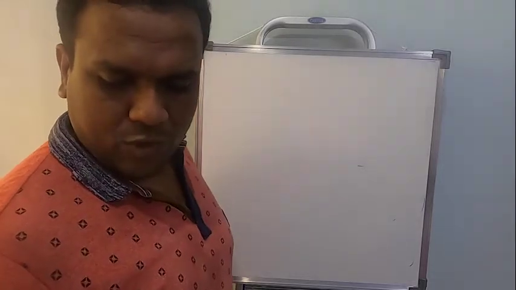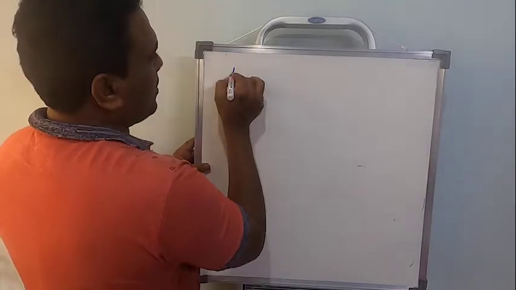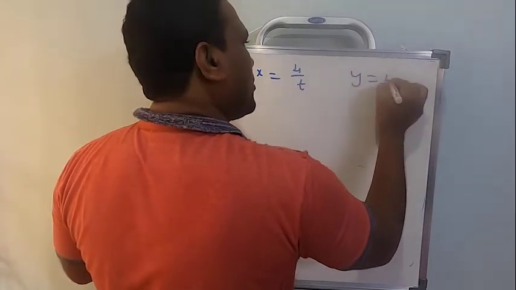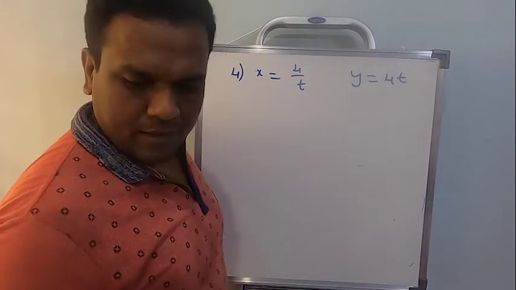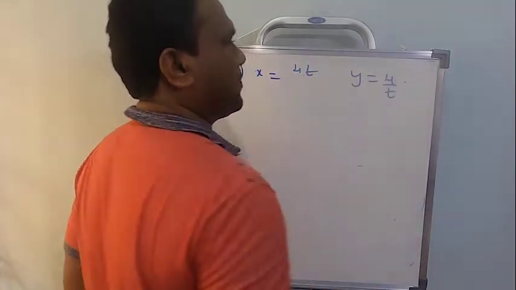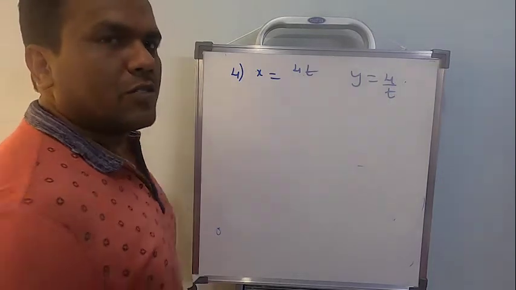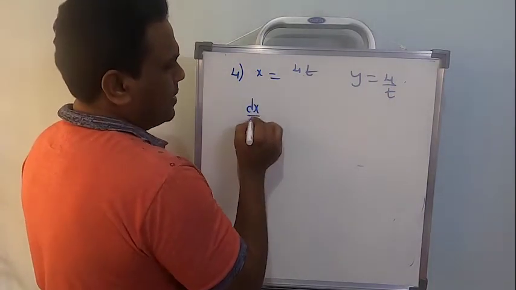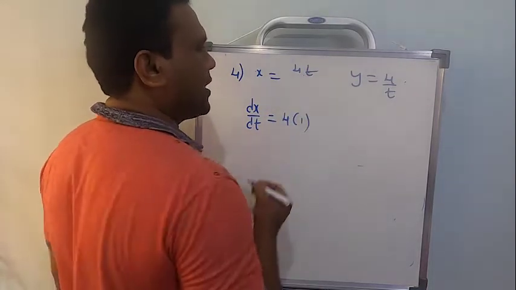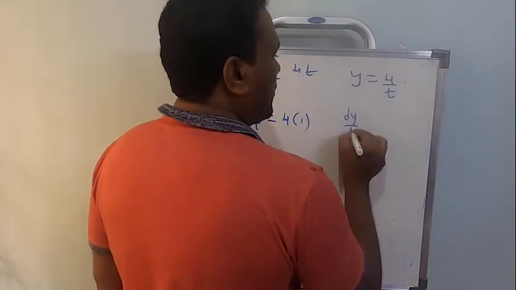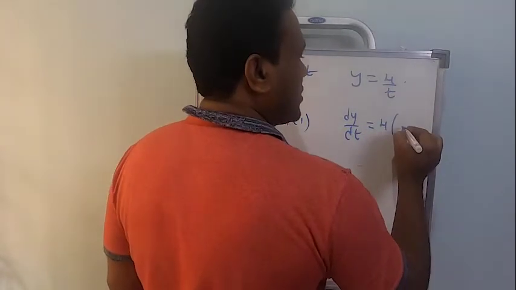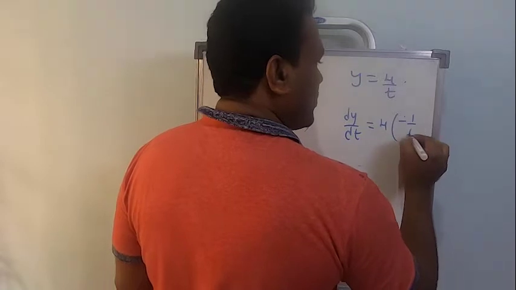Now the next, problem number 4. Problem number 4, x equal to 4t, y is equal to 4 by t. That's correct, right? So x equal to 4t and y is equal to 4 by t. Now both are functions of t. So let's consider dx by dt equal to 4 multiplied by differentiation of t, which will be 1. And now differentiation of y, dy by dt: 4 is a constant, differentiation of 1 by t will be minus 1 by t